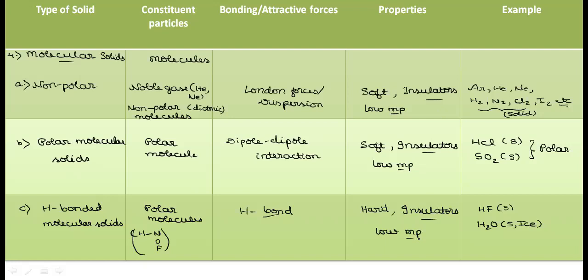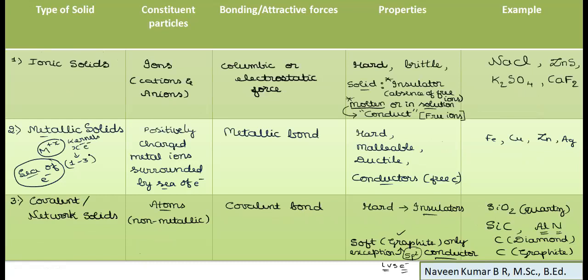So what about the types of the crystalline solids? In brief, hope the information is clear. If you observe the previous case, ionic solids, metallic solids, covalent solids, they all have high melting points. Try to concentrate on what the constituent particles are, and try to focus on the example as well as the binding force. So follow these points very clearly to remember.